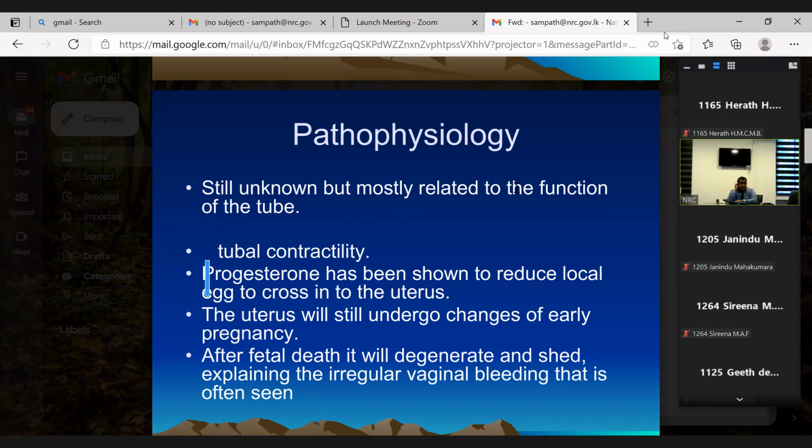So it is very important that you don't give progestogens immediately after your IUI. Wait about 2 to 3 days, and after that you start the patient on progestogens for implantation facilitation, right? And then what really happens is, when the pregnancy starts in the tube, the pregnancy cannot continue. It becomes a failed pregnancy, and because of that, the hormone starts dropping down.